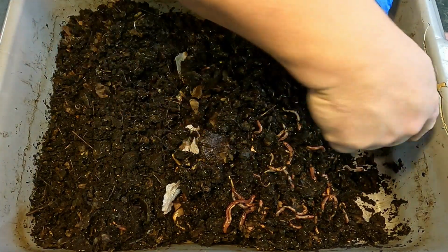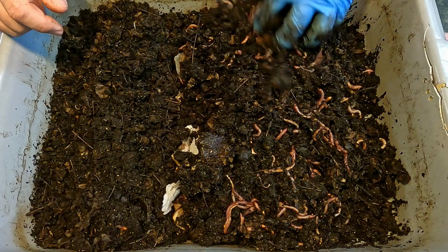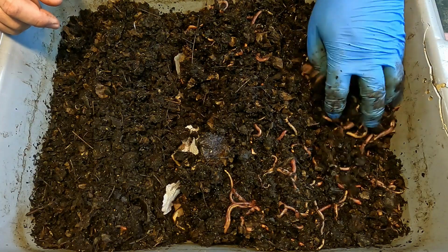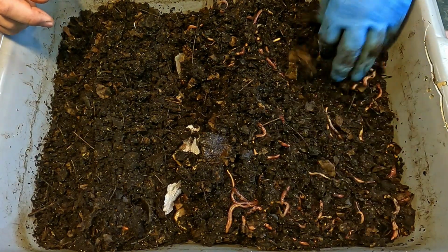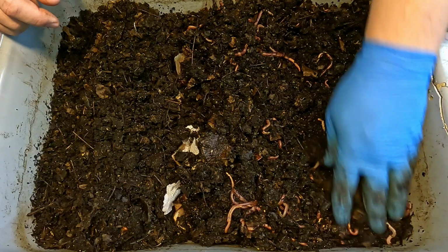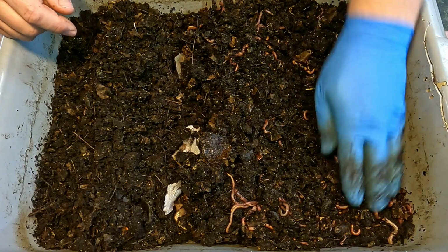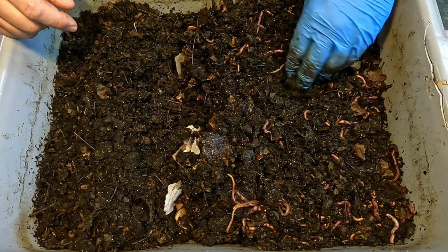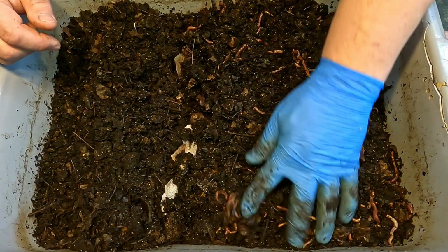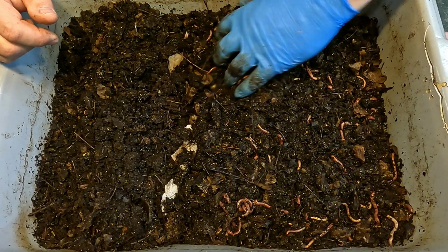In this case, this is the side of the bin where it's facing the wall, where it might be a little bit cooler. But we're seeing no shortage of worms on this side, that's for sure. Quite a good number of them, as a matter of fact, which is kind of nice to see. I think that supports the idea that the fresh food going down the middle is nice, and you might find worms there, but it almost seems like they're possibly attracted to the stuff that's further away from the middle, which is probably full of older food items that have had a lot more time to break down. You know what? I almost